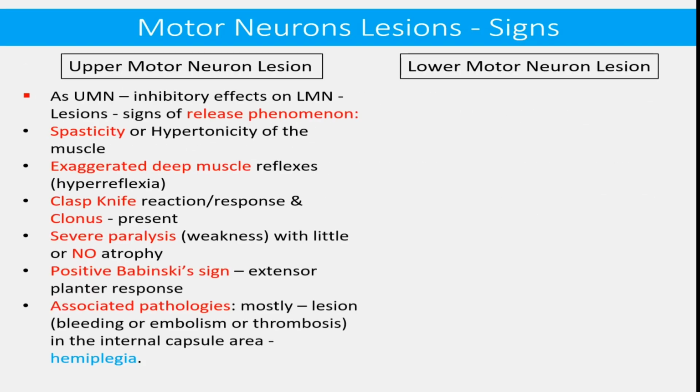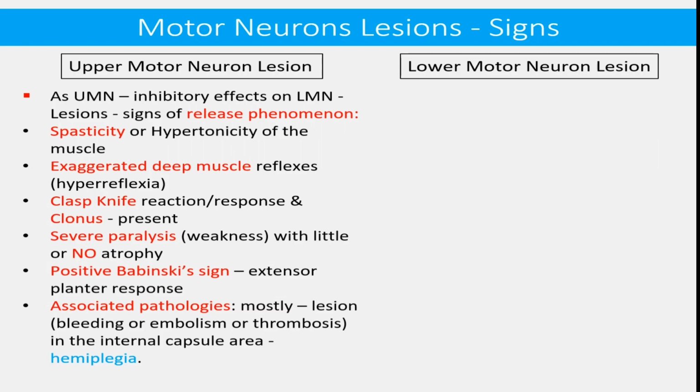Now we come to the signs produced by lesions of the motor neuron. First, the upper motor neuron. As upper motor neurons are mostly inhibitory in their action on lower motor neurons, lesions of these neurons produce signs of release phenomenon in the shape of spasticity or hypertonicity of the muscles, exaggerated deep muscle reflexes, that is hyperreflexia,